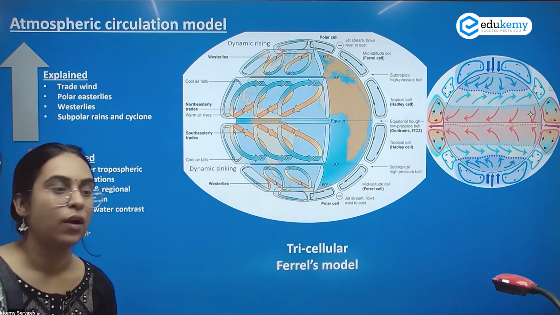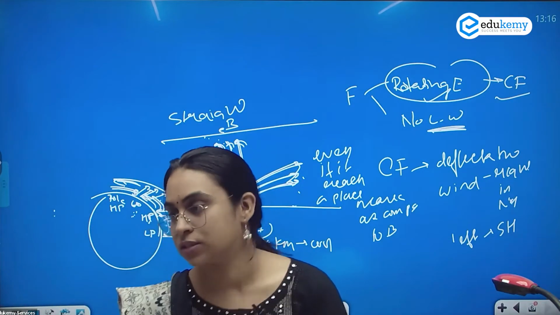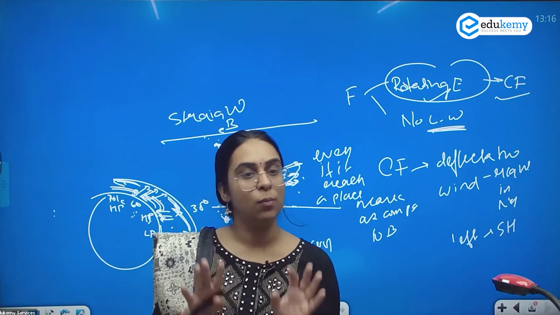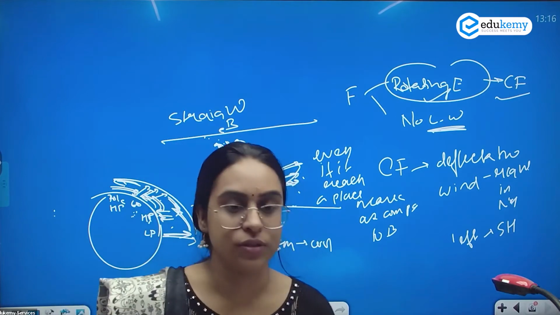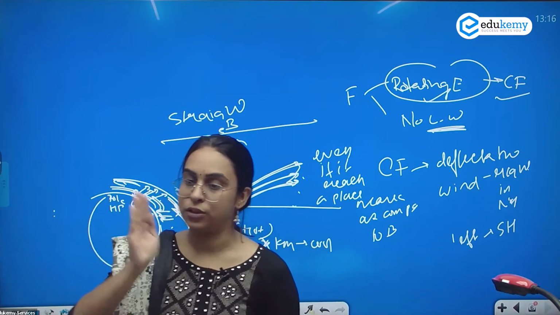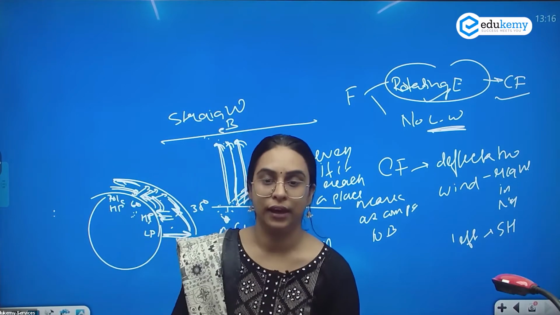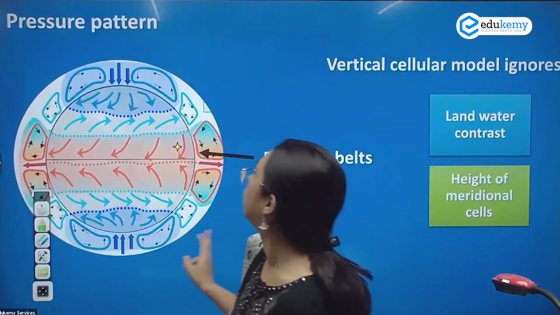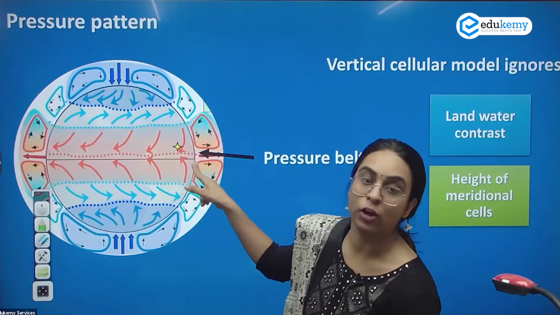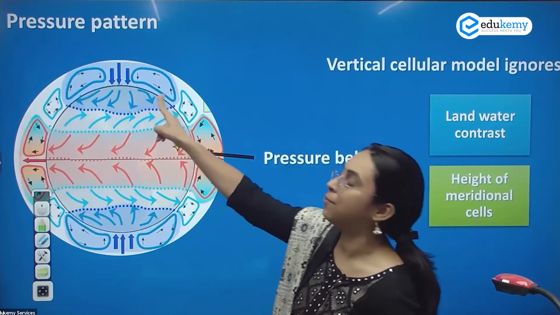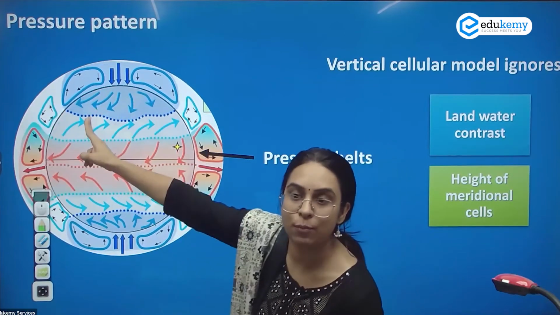But abhi ke liye, what are we doing? We are understanding global atmospheric circulation. We understood that global atmospheric circulation is affected by pressure variations. The pressure variations on the earth can be too many, right? If you actually look in reality, ये जो pressure belts बन रहे हैं, right? ये एक equatorial low pressure belt, a polar high pressure belt, you have a subtropical high pressure belt, you have a subpolar low pressure belt.